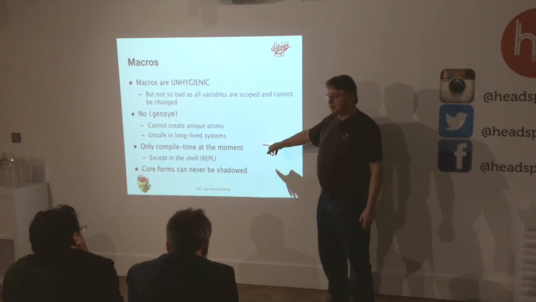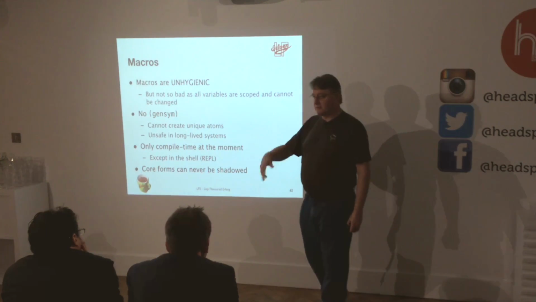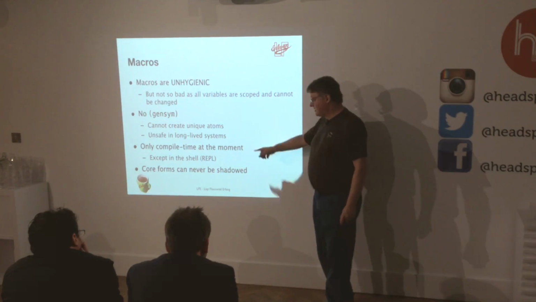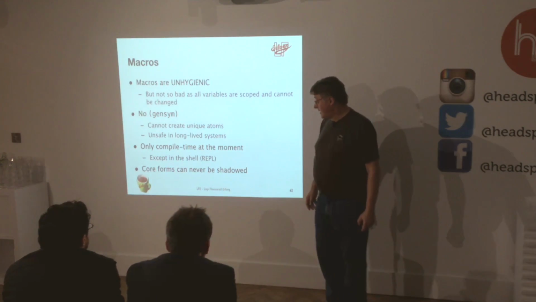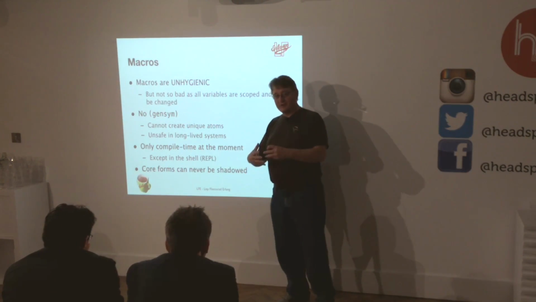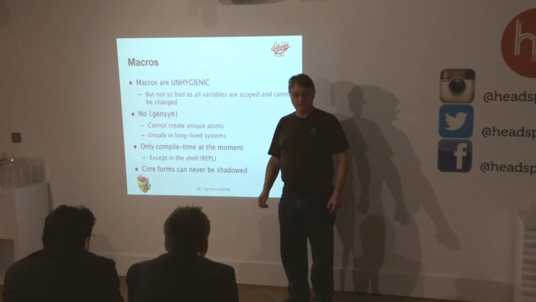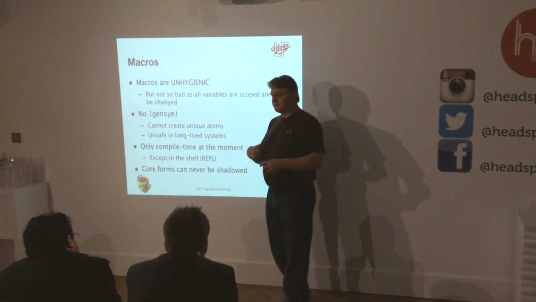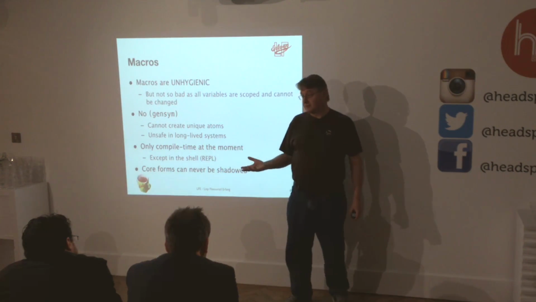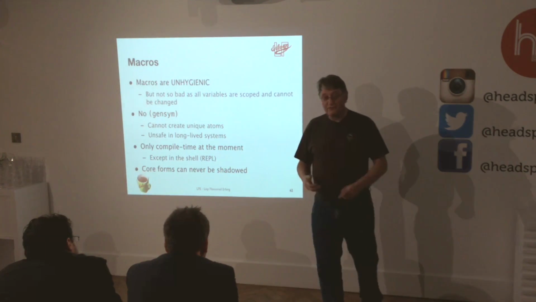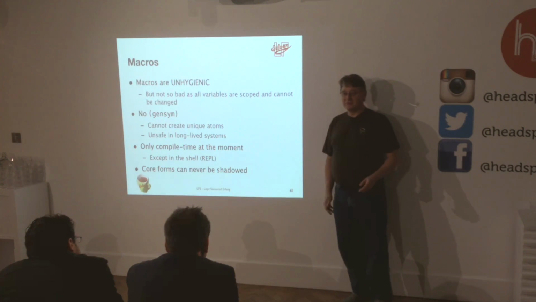At the moment, macros are only compile time. So you define them inside a module, and they're used by the compiler. But I'm working on being able to export them at the moment. And there's a set of core forms. They're the basic things. I can never shadow those with a macro. So I've got the cons form, which builds a list. I cannot define my own macro called cons to replace it. I can't define a function called cons either, for that matter. Well, I can define the macro, but it'll be ignored. It's just a little bit of self-preservation.